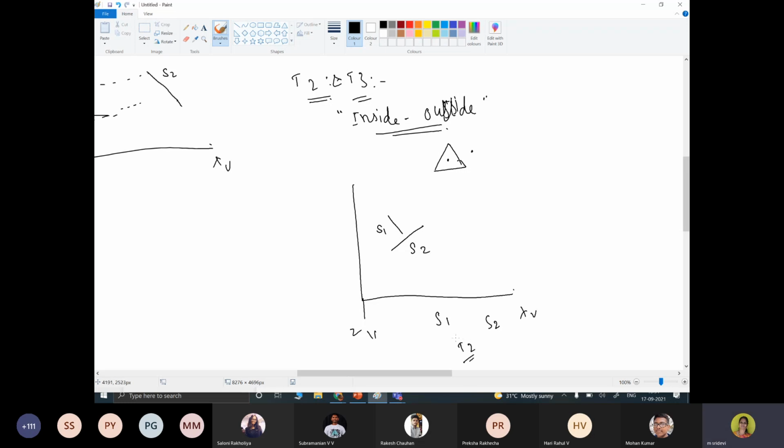So S1 is inside, behind S2. In the next example, with S1 and S2, the overlapping surface S2 is in front of S1.